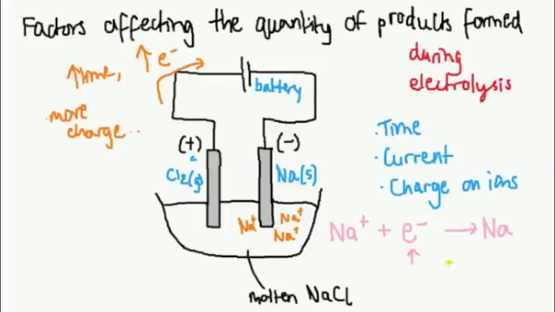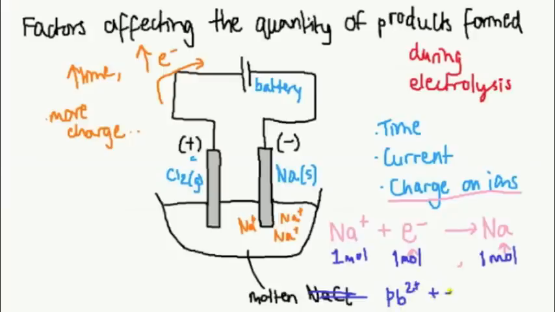Now, the final factor would be the charge on the ions, because considering this reaction, 1 mole of electrons is required to react with 1 mole of ions to give 1 mole of sodium metal. But consider if we were using lead. Lead has a 2+ charge, and so 2 moles worth of electrons would have to react in order to produce